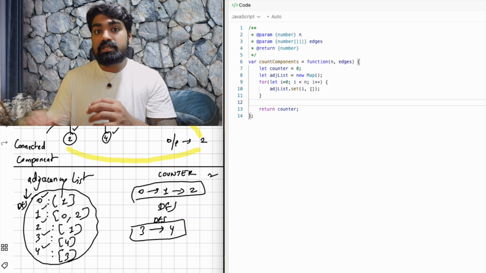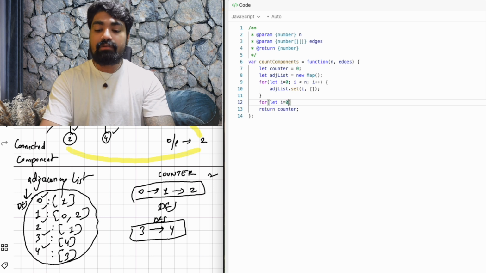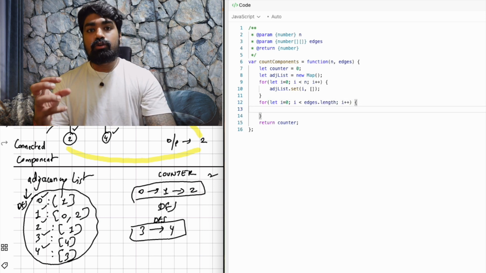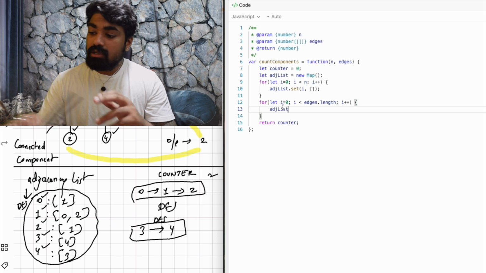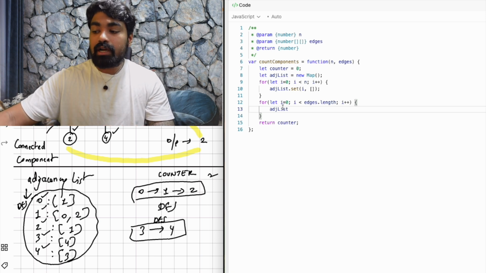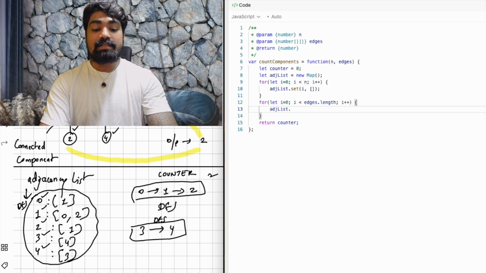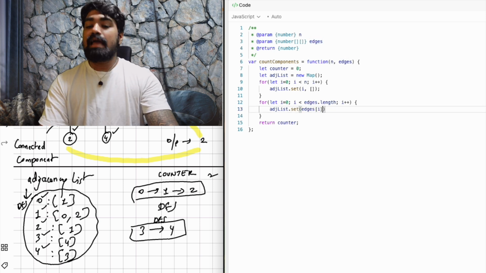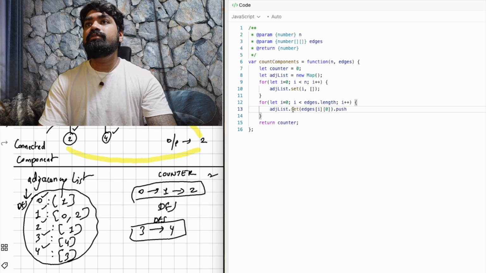Now I will fill this adjacency list with the connections that I have received from my edges array. I will start from i. I will go from 0 up to the length of the edges that I have with me, and I will just say i++. Now I want to fill within the adjacency list that I have. What is the value I want to fill against? So when I receive 0, 1, I want to fill against 0, 1. What is the value that represents 0 here? So I will say against 0, which is basically going to be edges of i, and the 0th value against that,